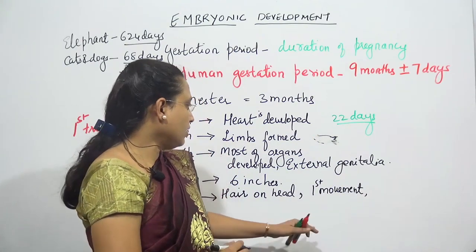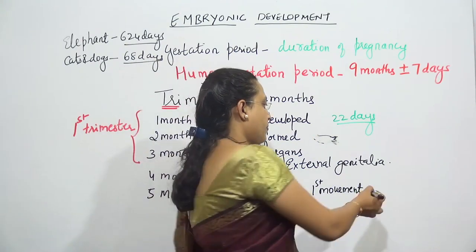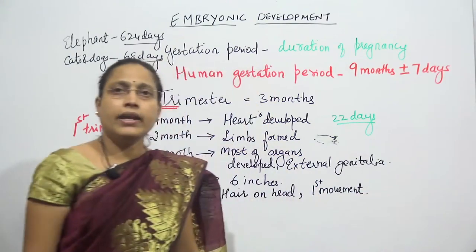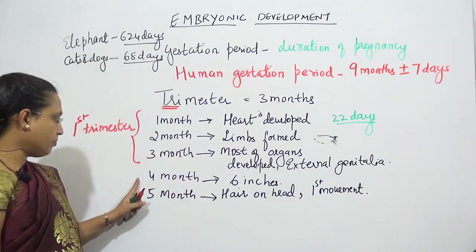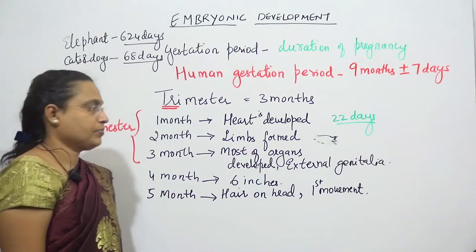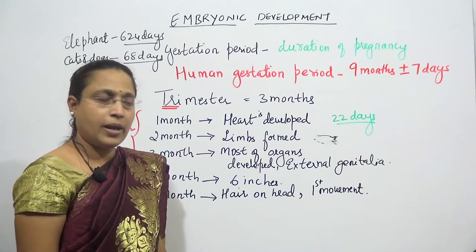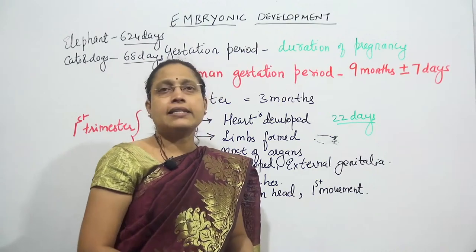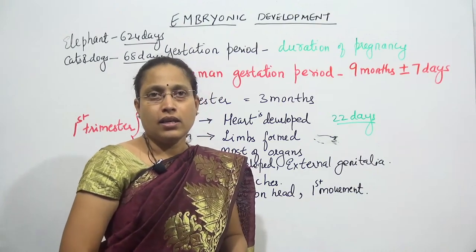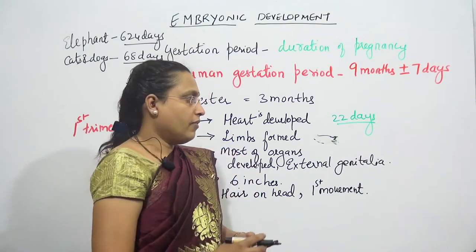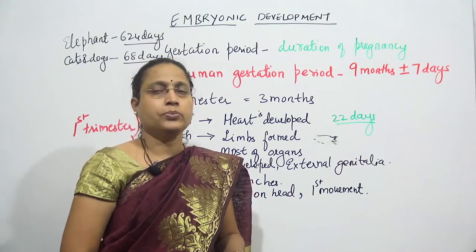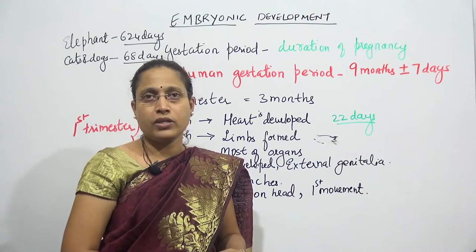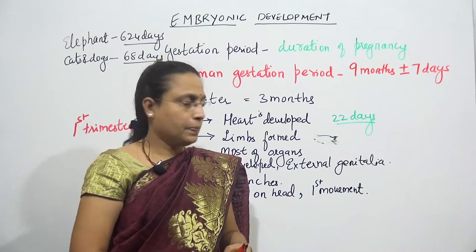So these are the changes occurring during the 5th month, the mid-2nd trimester. What else can occur during this 5th month is that fingerprints will be forming in the digits, and even nails start forming during this time.